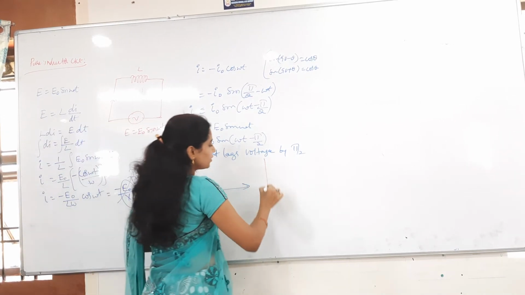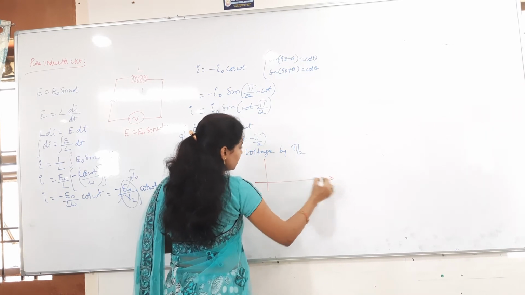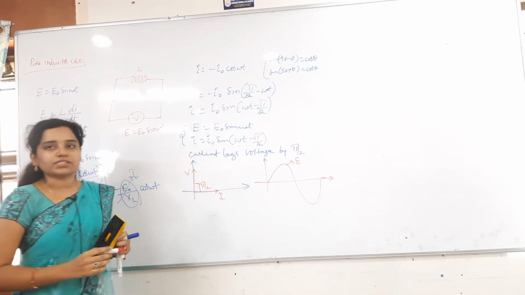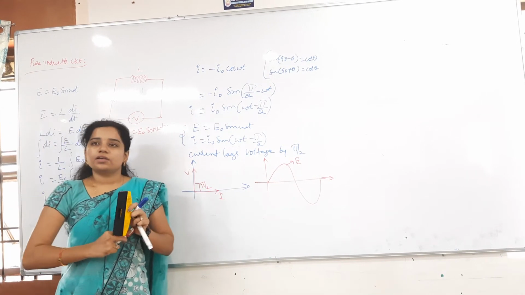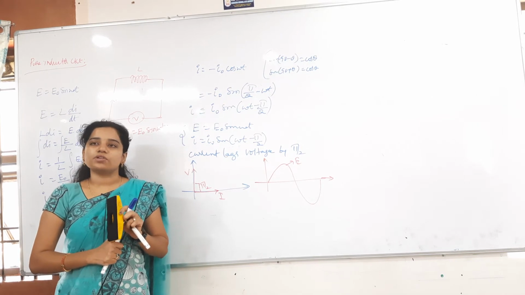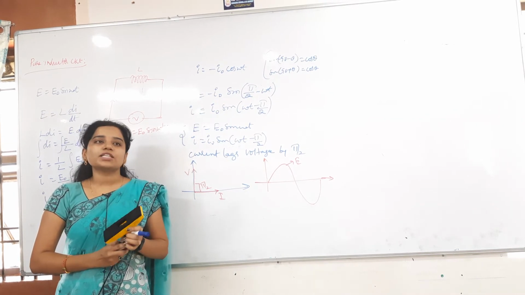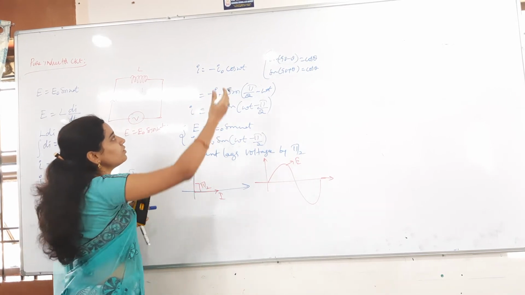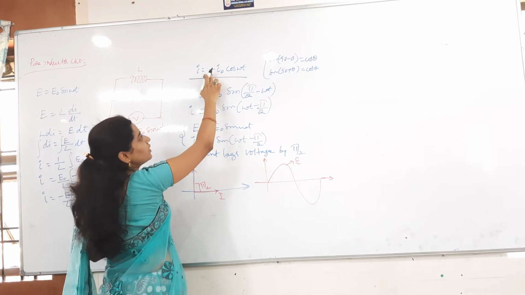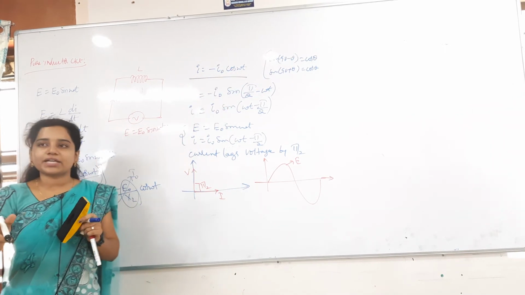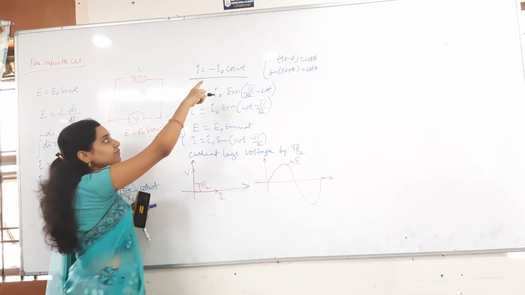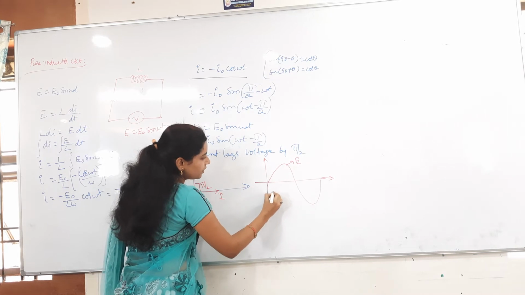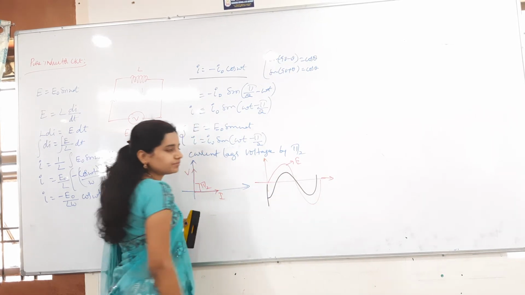Now whenever I want to draw the sinusoidal function graph, I get E like this. From where will the current start now? Tell me. Current is below the voltage, so it will start from where? Minus maximum value. What is the reason? Here you can see the function. I equals what I have written? Minus I naught cos omega t. Cos omega t means start from maximum. Starting from which maximum here? Negative maximum. So the current will start from here and go like this.